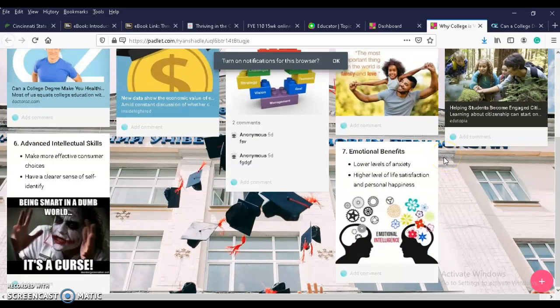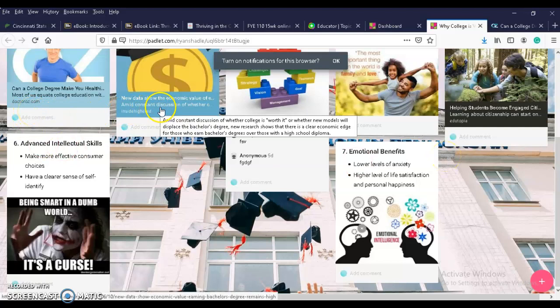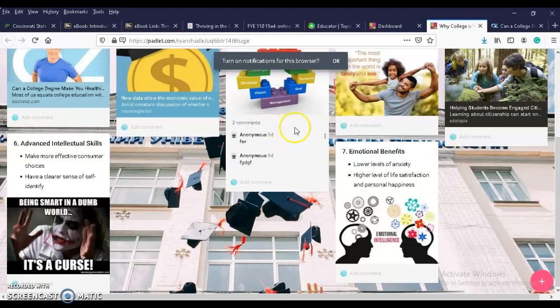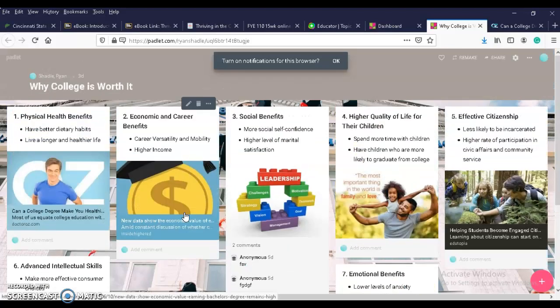But what I want you to do is create a variety of articles or YouTube videos, or it could even be a song. I don't care. Something that represents your choices here. And so you'll notice in the rubric we ask you for 2 of each: 2 articles, maybe 2 memes or symbols, or 2 videos. So this is what the Padlet looks like. So you'll create your own Padlet